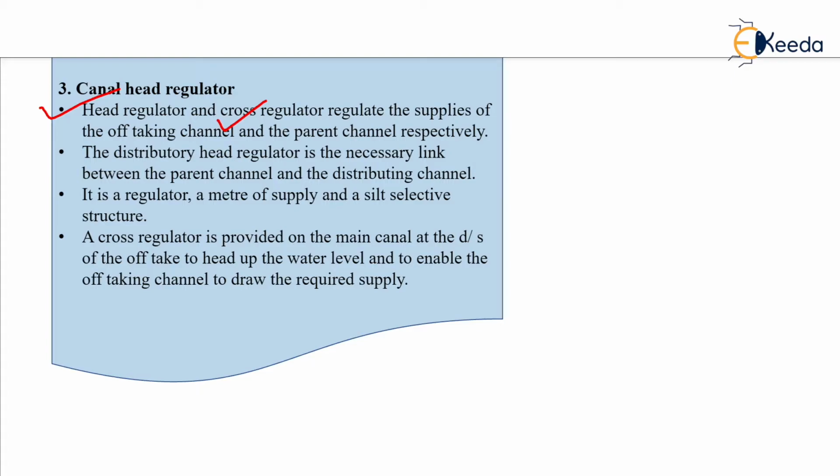through this canal. Because while designing, if you remember in the second module on the water requirement of a crop, we have to calculate the duty, delta, as well as the base period. For the duty we need to supply the exact quantity, and by considering all the losses, we have to pass that much quantity of water through the canal. So how is it possible? By constructing these regulator structures at the entry or in between two canal sections, we can measure and estimate that quantity of water.